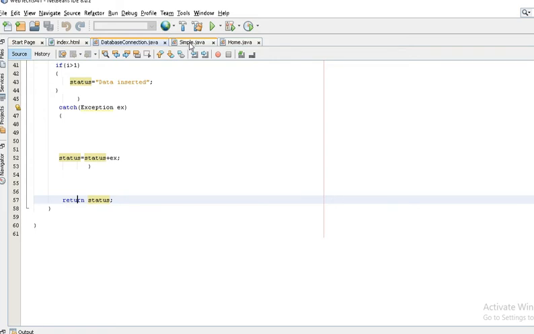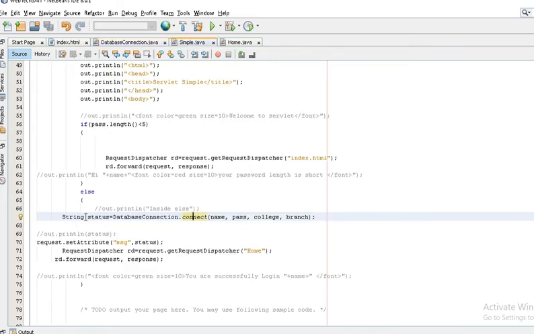Let's go back to the simple servlet. This is the part where I take the variable status and get the status I am getting from the database connection class. After that, I want to know the status of my application. So I use this request object, and setAttribute is a method with which you can transfer some data from one page to another page. I just dispatch this message to the home page.